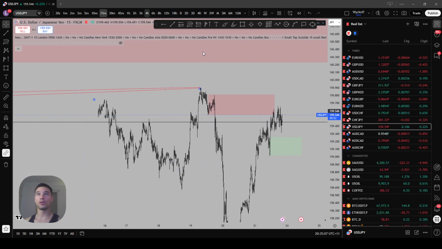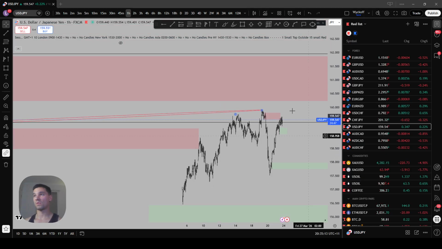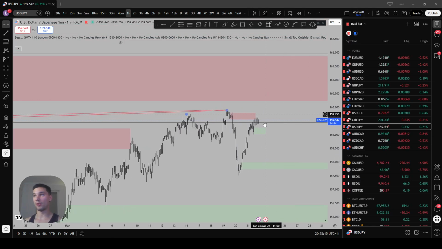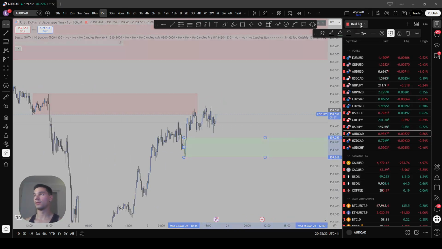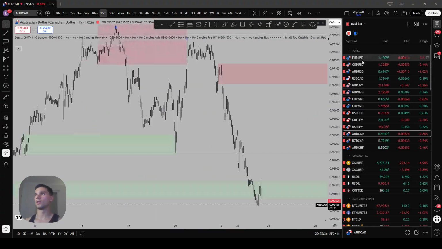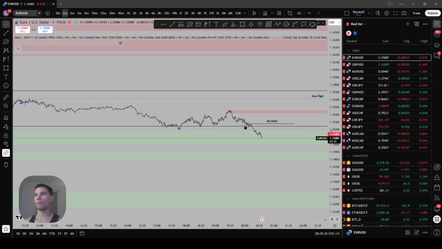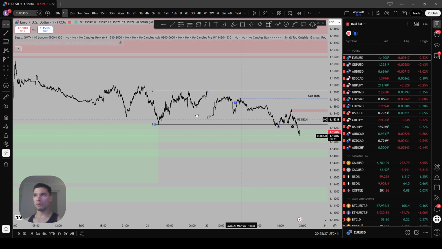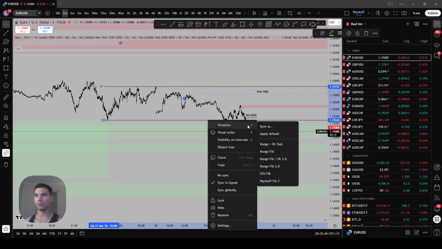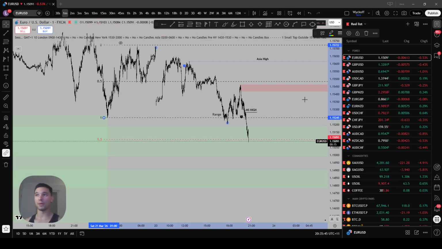GBPJPY. Just waiting a bit more. Let's see what Euro's doing. This would still just be within our deviation limit. Just so, yeah, you can see here, if we're not going to get a